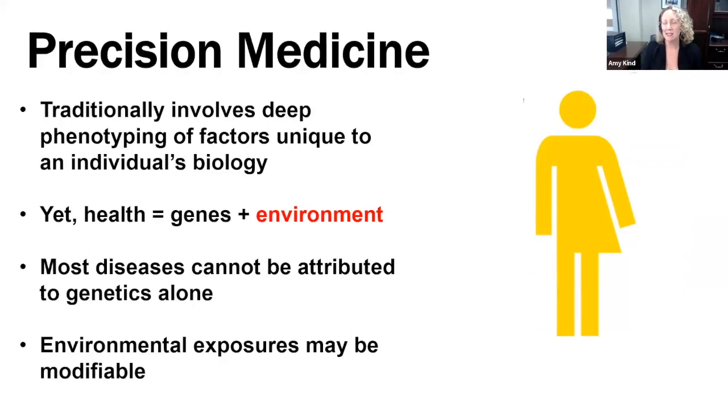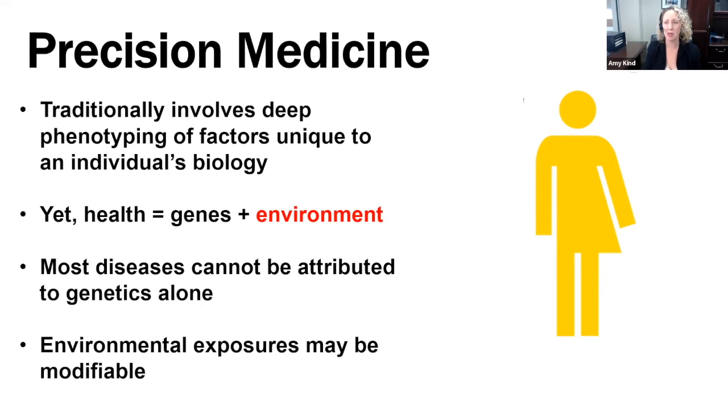So first of all, let's talk about some basic definitional constructs. The first construct I'd like to cover is something that you all are probably quite aware of, and it's this construct of precision medicine. So precision medicine typically involves deep phenotyping of factors that are unique to an individual's biology. So what makes each of us unique? What genetic aspects, what kinds of molecules, what types of physiology? And using that information, the hope is we can provide better information on diagnostics, therapeutics, and ultimately cures and mitigate